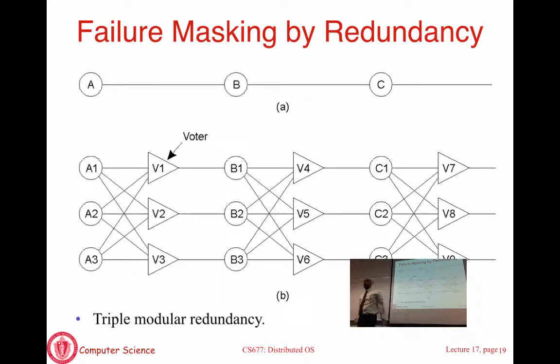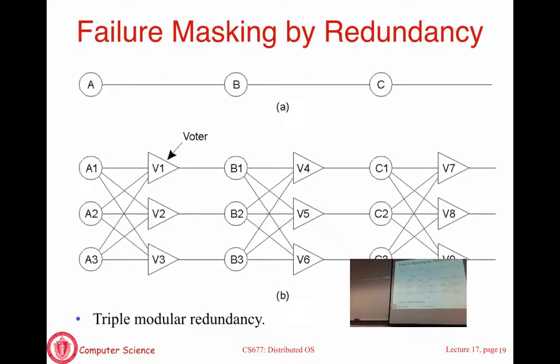There are 3 independent components, A, B, and C, that are part of a larger circuit. Now it should be clear that if any of these 3 components fail, the circuit as a whole is going to fail, because that component stops functioning. Here is a fault tolerant version of the same circuit. What you have done is replicated A as A1, A2, A3. So there are 3 copies of A. There are 3 copies of B and there are 3 copies of C. Each input is now fed to all 3 copies. They're all going to perform the same computation and then they're going to vote.